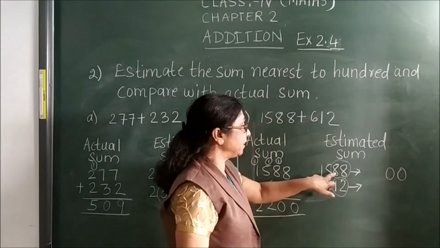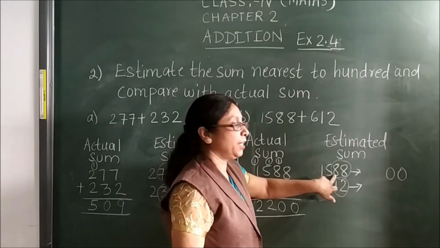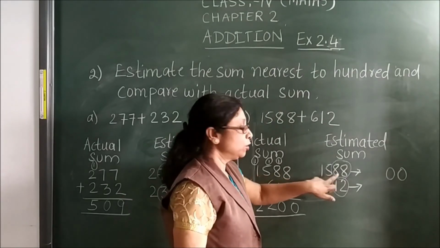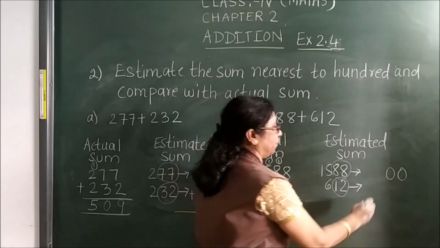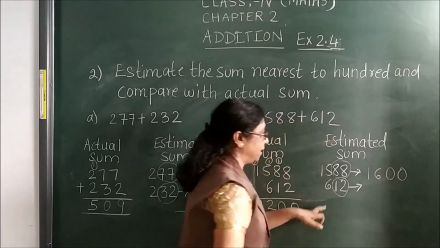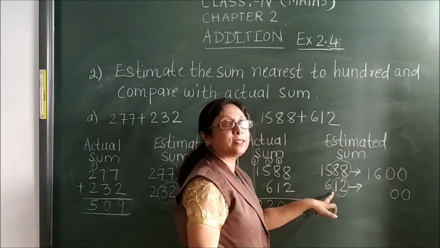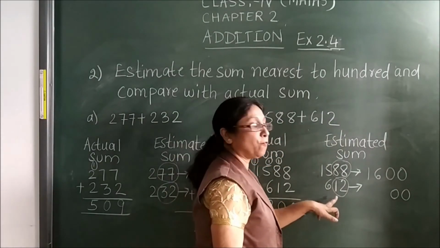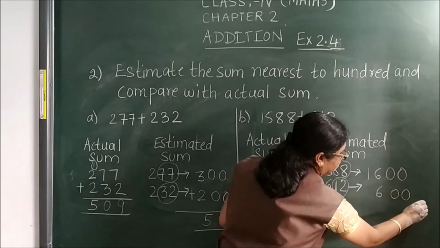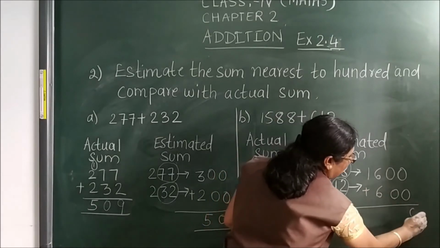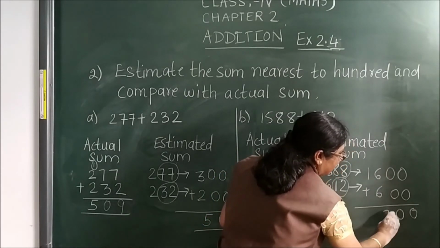Okay, then you see the circle digit first number, it is 8, more than 5. So add 1 to 15. 15 will become 16. Again here you will put 2 zeros. First number which has been circled, that is 1 which is less than 5. So outside number will come as it is. After that you have to add. Okay, 6 plus 6, 12.